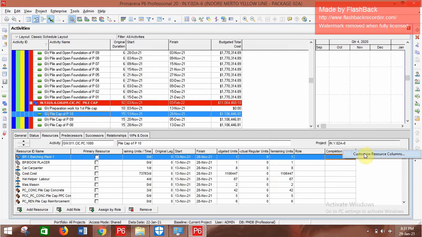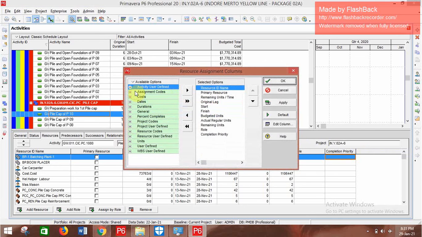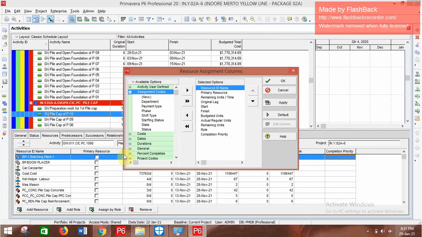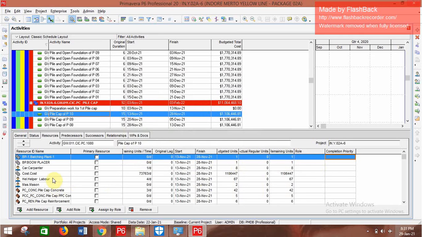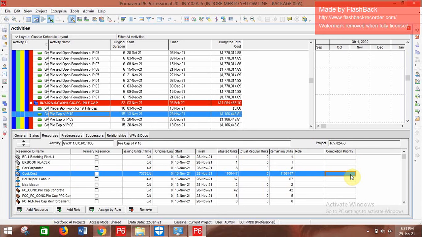If you right click here, you can provide assignment codes, resource user defined and resource codes. Now suppose for cost we provide a priority for this activity, high priority.